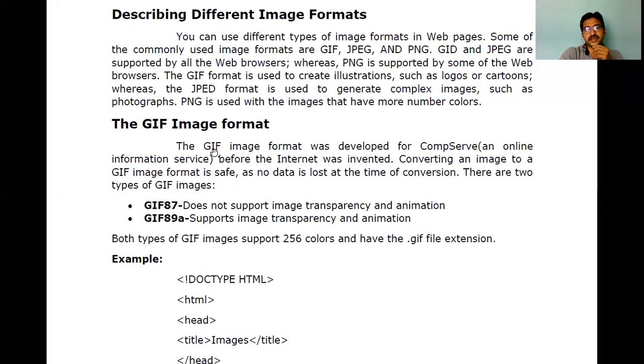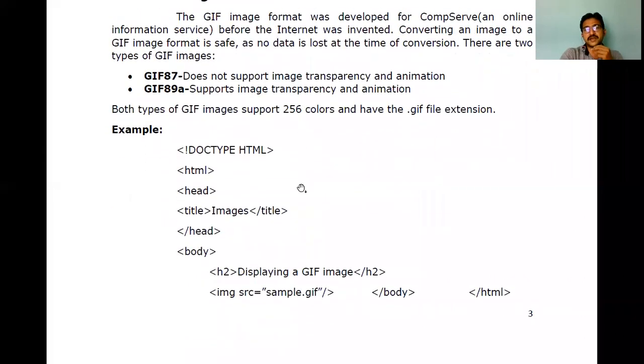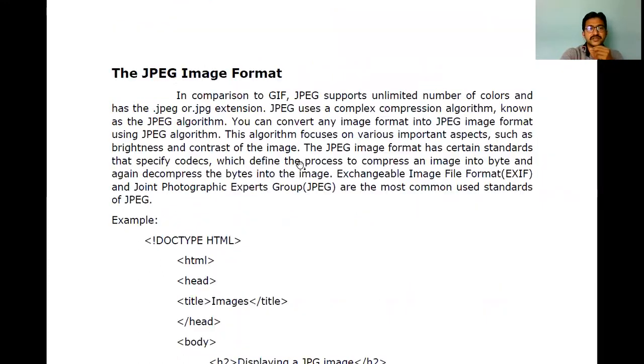Now let me see GIF. What type of images can we add over here? The GIF format is the format you see when sending things on WhatsApp, moving objects with some transparency in the object, where some action will be there in the image. That type of image comes under GIF format. If you see the example, you can add a GIF, where multiple times the same thing is doing. That comes under GIF.